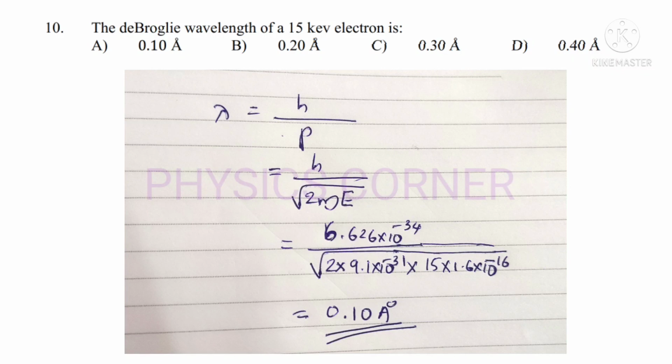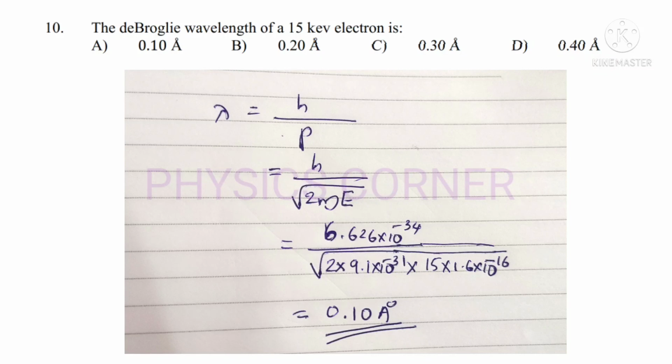We are substituting the values for h, which is Planck's constant, and m, which is the mass of electron, equal to 9.1 into 10 raised to minus 31 kilogram. Energy is given in kilo electron volt, right? So we have to convert it into the units of joule. So 15 into 1.6 into 10 raised to minus 19,